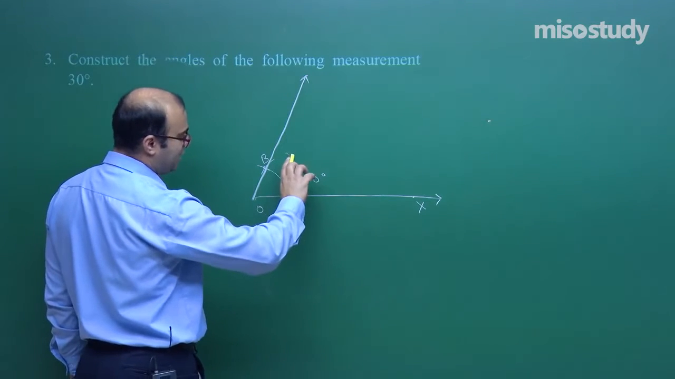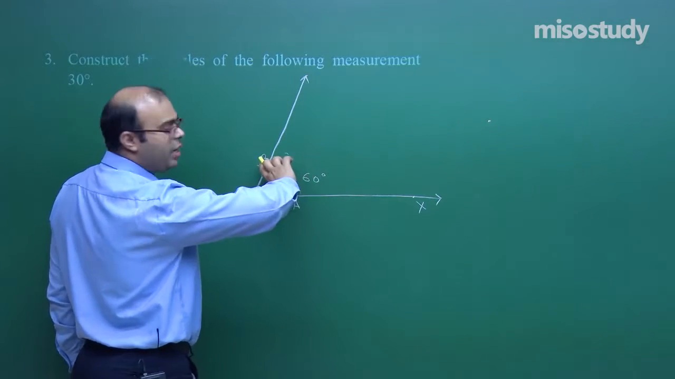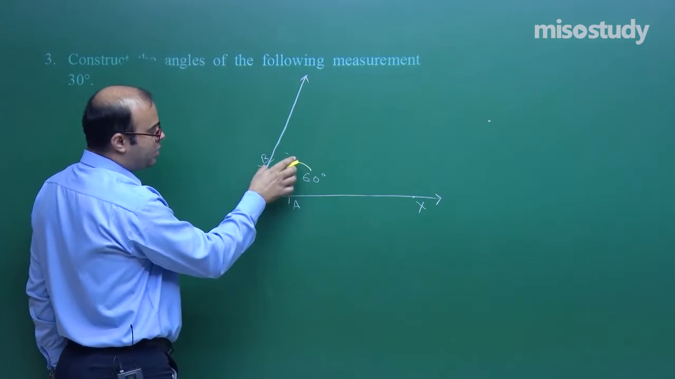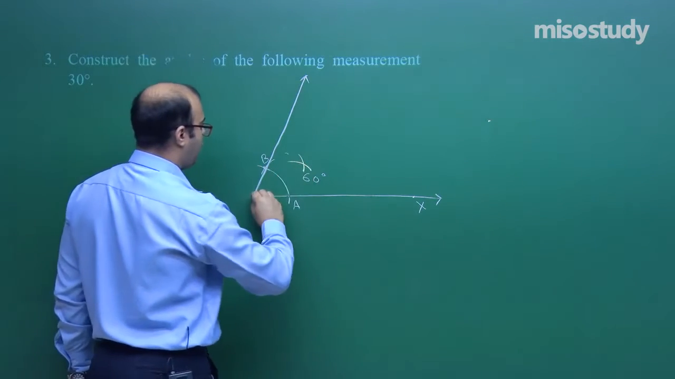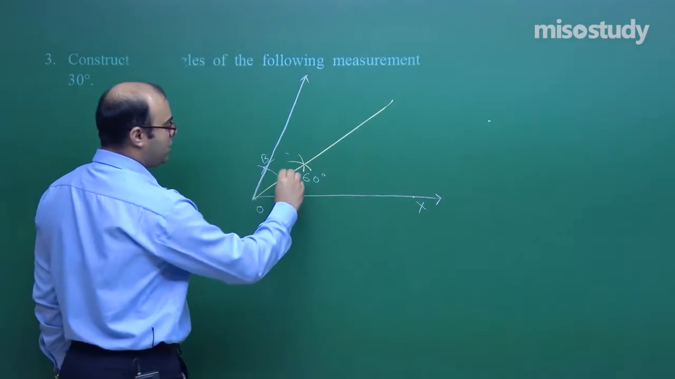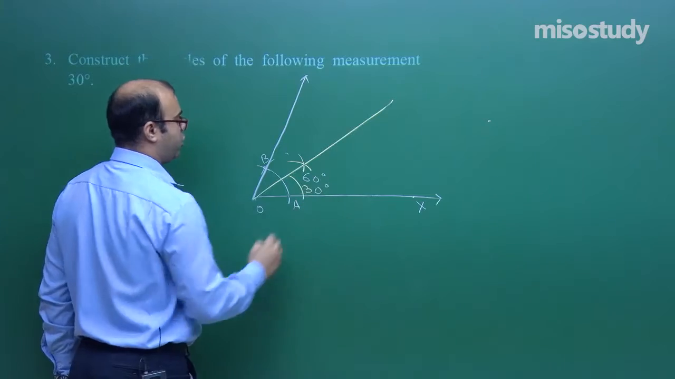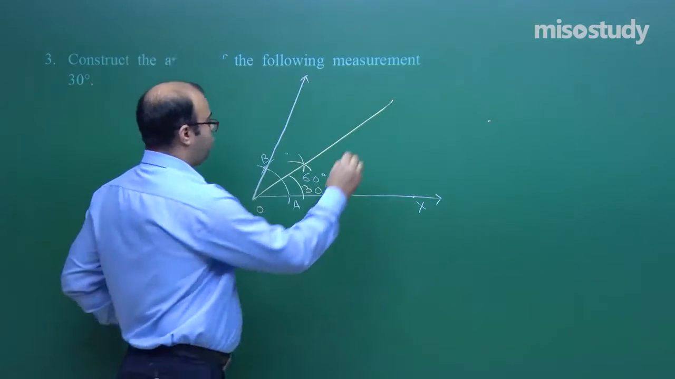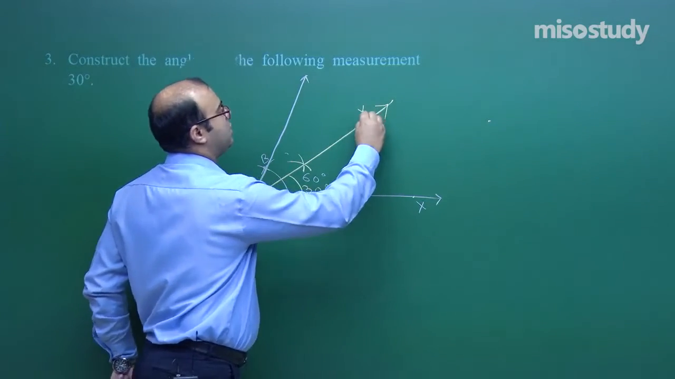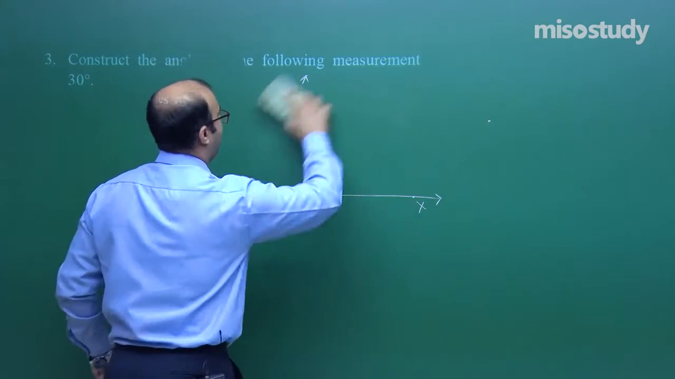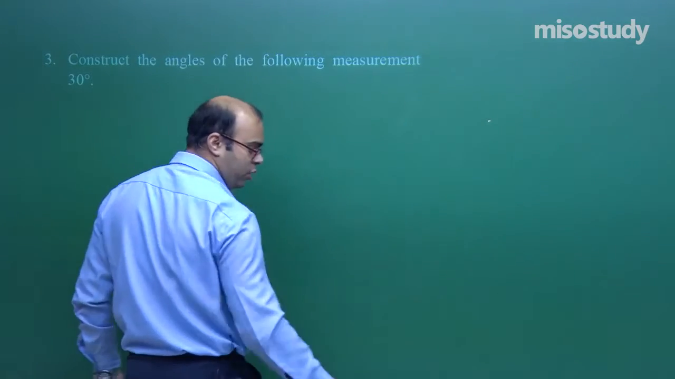So taking A as center and distance more than half of AB, we draw an arc, and with the same radius and B as center, we draw another arc and we join this. So this is actually the angle bisector of 60 degrees. So this angle is 30 degrees, students. So this angle XOY is 30 degrees. So you have to remember how to draw angle bisectors and different theories which we studied